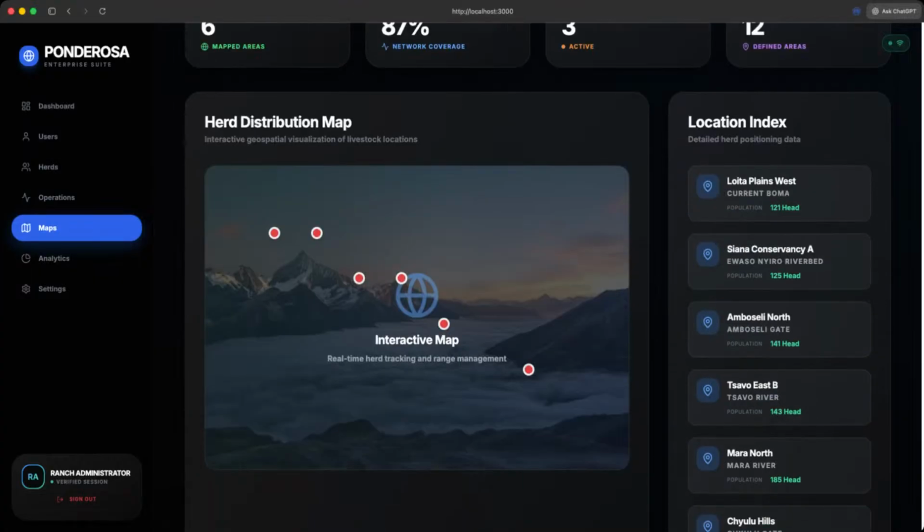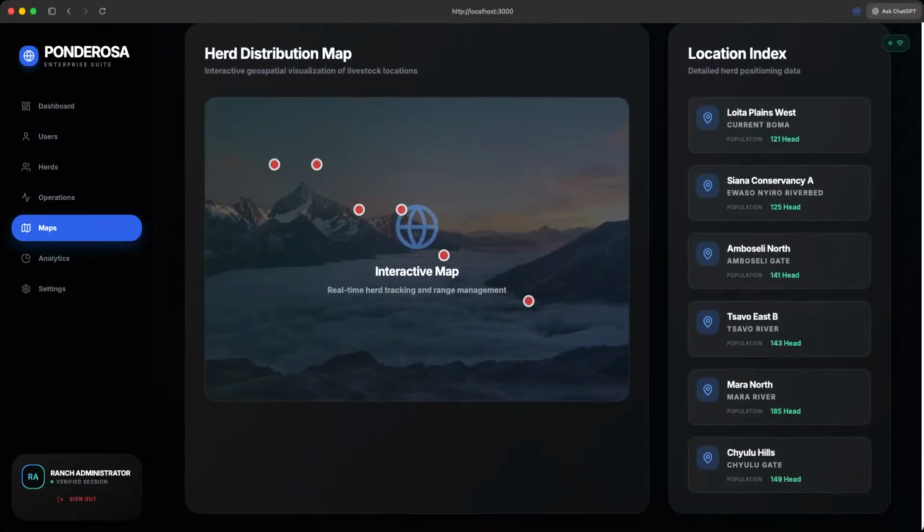Right, so this is what I was talking about earlier. So this is the map, right? Of course, now it'll be a real map, okay? So it'll be sort of like a bird's eye view of the grazing ground, the plains, or wherever they are. So once you have a number of herds scattered around different plains, different grazing grounds, you'll be able to see